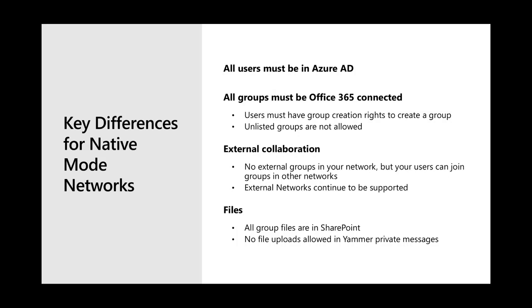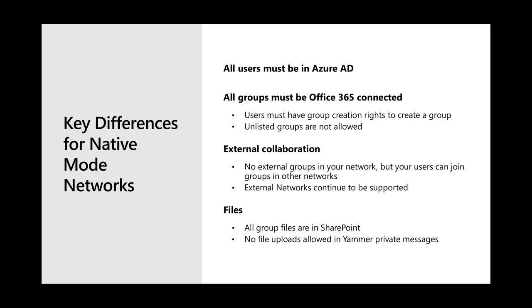And the important thing here, and this is something that a lot of our customers are really excited about, is if you have carefully controlled who in your system is allowed to create Office 365 groups, that same list of users is going to be respected when they try to create groups and communities in Yammer. So a lot of our customers have previously asked about ways to lock down who has the ability to create Yammer communities. You now have the ability to do that by locking down Office 365 group creation rights. And we'll also be working on in-product workflows in the future that will allow you to have people request groups from the people who have permission to create them.